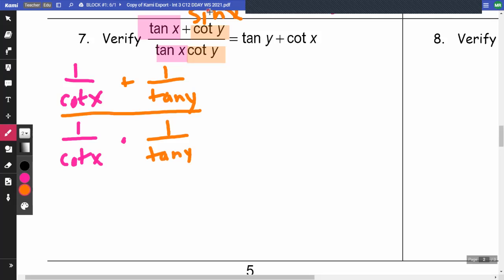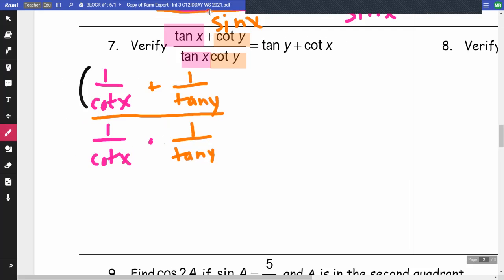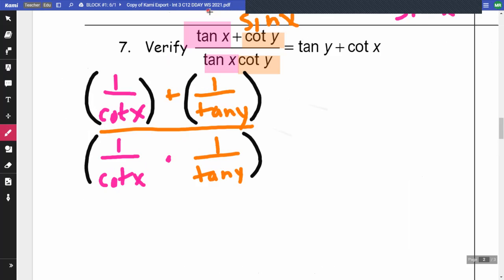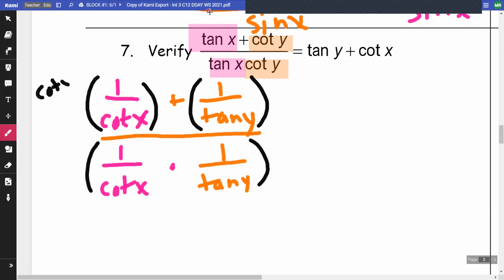So what I am going to do is try to get rid of those denominators. So I am going to multiply everything on top and everything on bottom. Now on top I have 2 terms because of the plus. On bottom I have 1 term because it's the multiply. But I'm going to multiply everything by cotan x